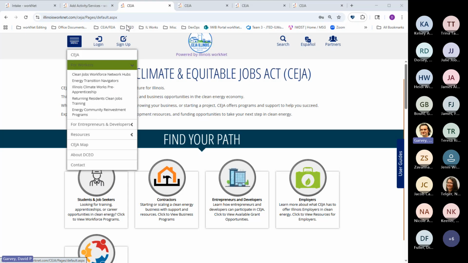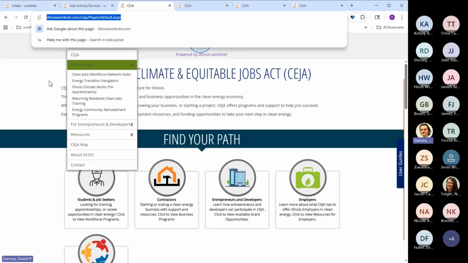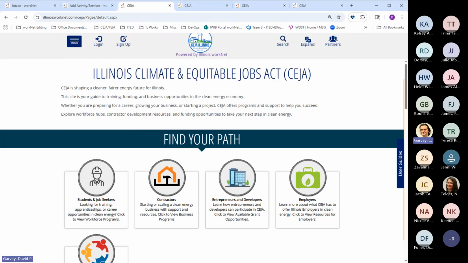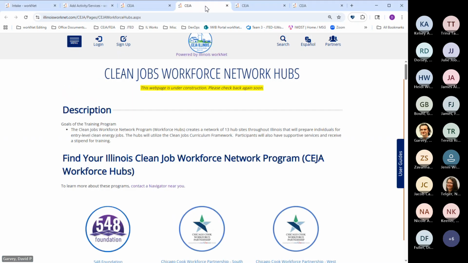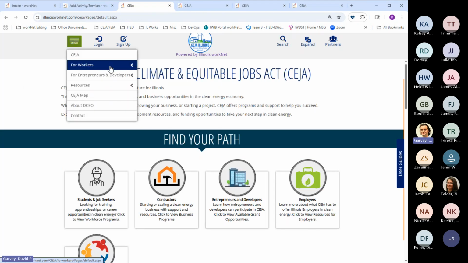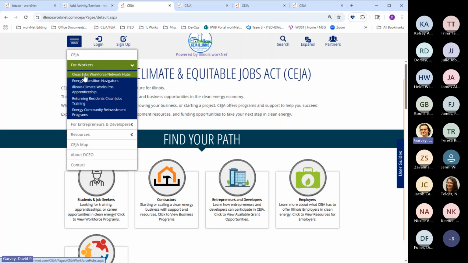Yeah, so let me send this link to the website I got pulled up to the chat here. And we will be making updates to it. I think there were a couple of emails while I was out, so I need to update some information. But in the menu, under workers, we have links to clean jobs, energy transition navigators, and climate works programs.